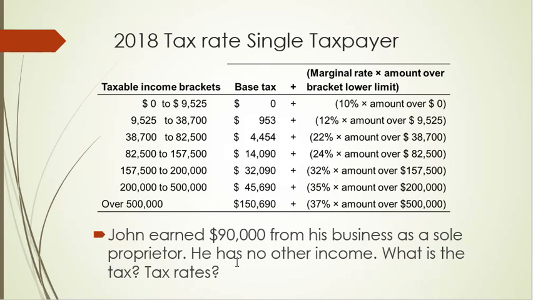But what if John wanted to do another business, say, or take on another contract, and this contract was going to increase his income by $10,000? What tax would he then pay on that extra money? It's not the average tax rate. The actual tax he'd pay on another $10,000, since we'd still be on this row, any additional tax is taxed at 24%. So the marginal tax rate, that's this number in this column right here. These are the dollars that you pay for each dollar that's on this line. That's the marginal tax rate.